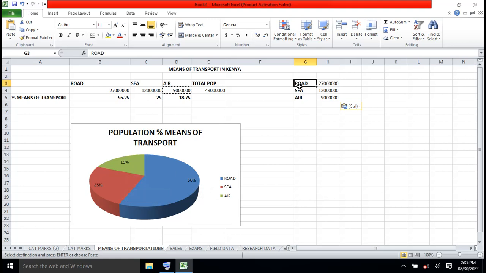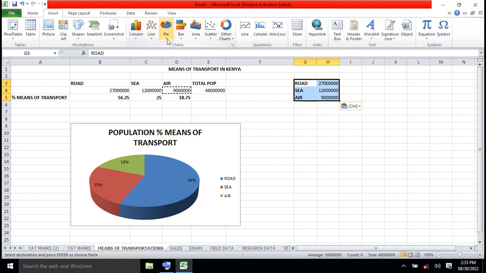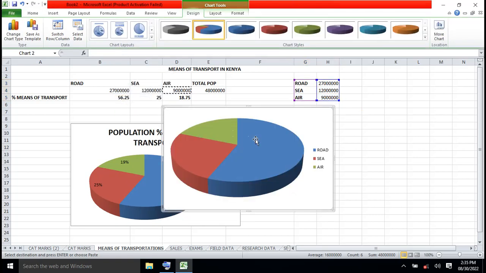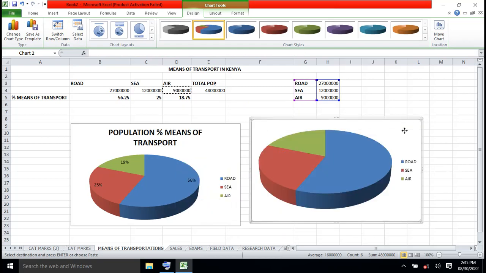So we highlight the data, and then we go to insert, we come to pie chart, then we pick the pie chart. Okay, we have another pie chart. Sorry, I seem to have exploded it. Actually, let me undo that. Good. So now we have the same pie chart, but let's see whether this time around it's going to be